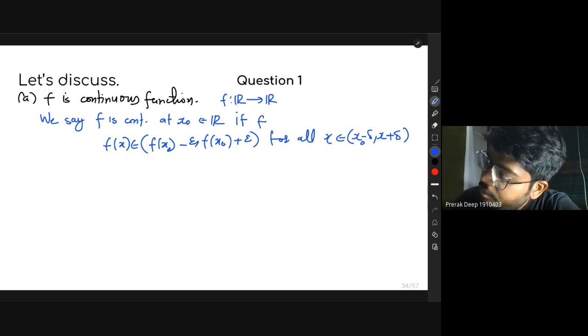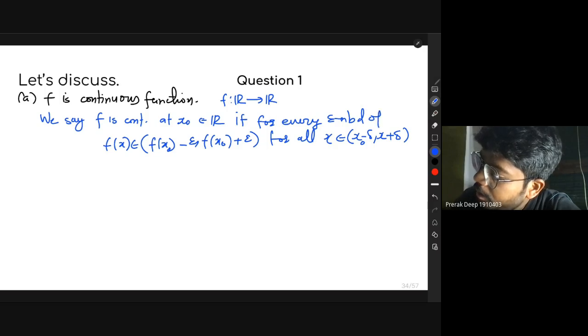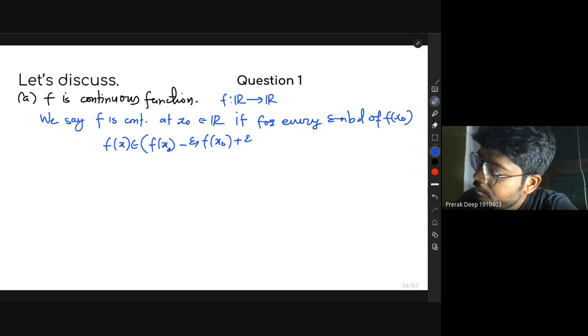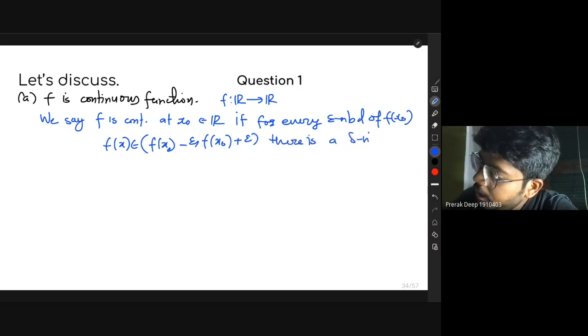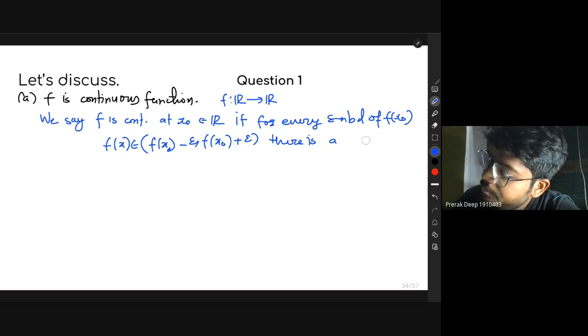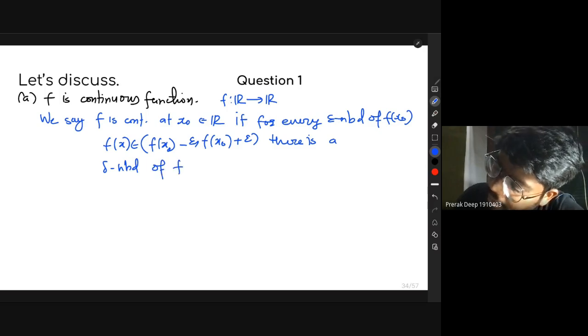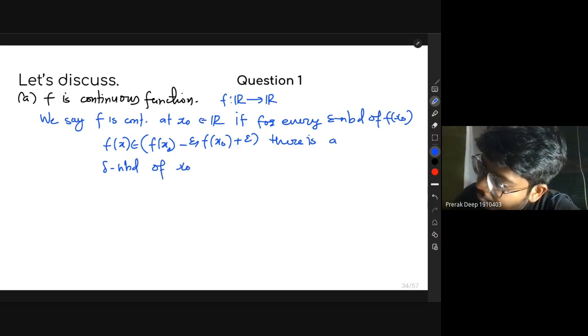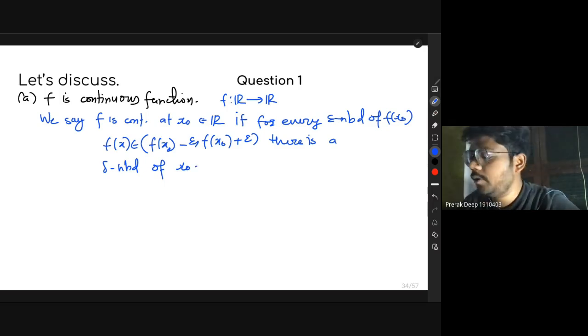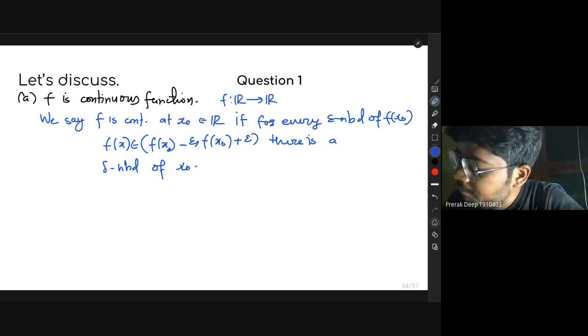So if for every epsilon neighborhood of f(x naught) there is a delta neighborhood of x naught, such that